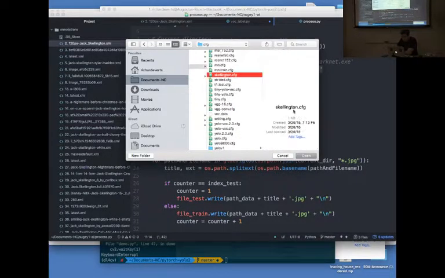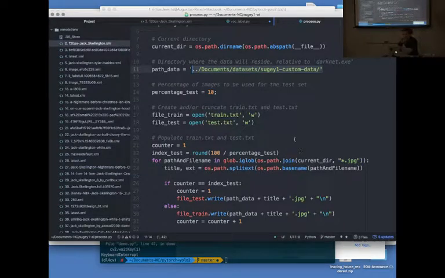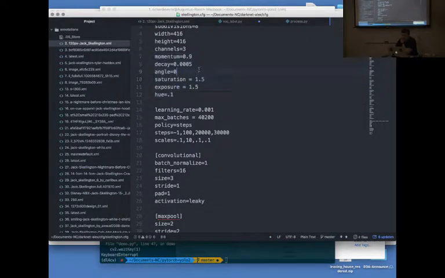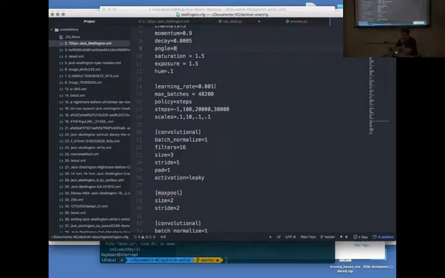So I'm going to use this one because this was Tiny YOLO. But this is just an example of some of the configurations that you can change. If this is what you mean by hyperparameters, like the decay, all that stuff, how it modifies the images, the learning rates. Now, I haven't played with their learning rates because you could get the dynamic learning rates from